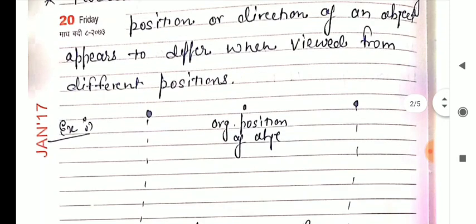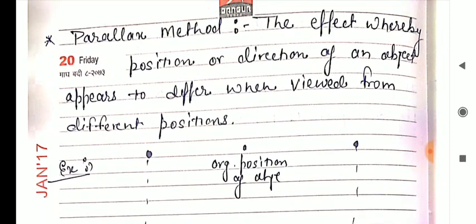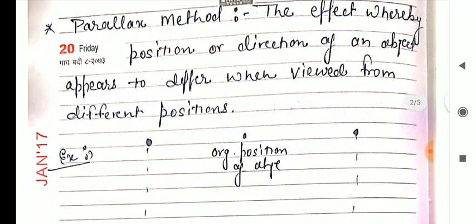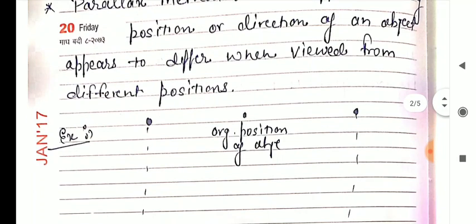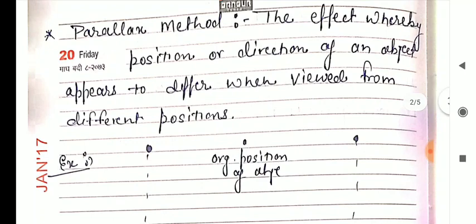Parallax: if there is a relative shifting in the position of the object with respect to two different observation points, then that phenomenon is observed as parallax. If we use that phenomenon to calculate distances, that is defined as the parallax method. Basically, this method is used to calculate large lengths or large distances, and basically it is used to calculate planetary distances.